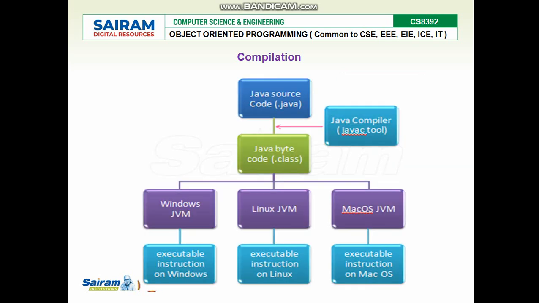Here is the flow of compilation. We have already seen this. Take your Java file; the Java compiler, the javac tool, converts your .java file into a .class file or Java bytecode. This Java bytecode is converted to executable instructions by the respective platform's JVM. This JVM is machine dependent. Depending upon the platform, the JVM will be there inside the machine. That JVM converts your .class file or Java bytecode into executable instructions with respect to the platform. And finally, we will be getting the output.